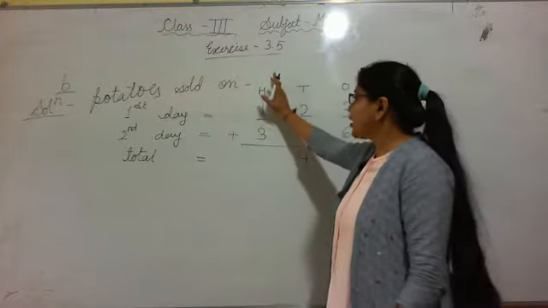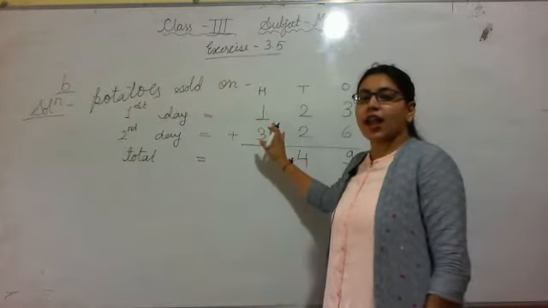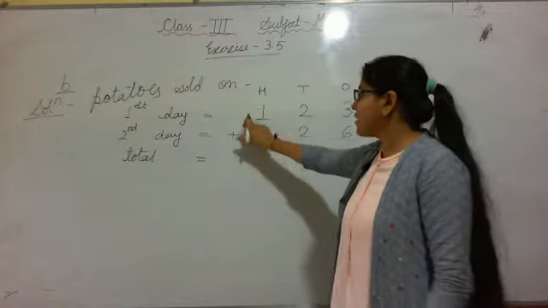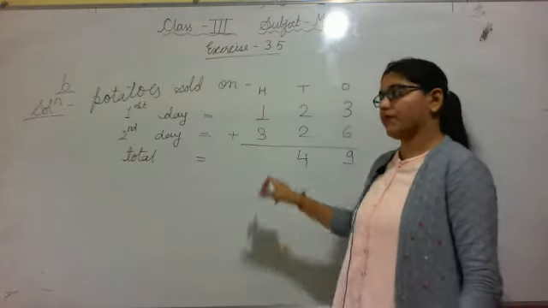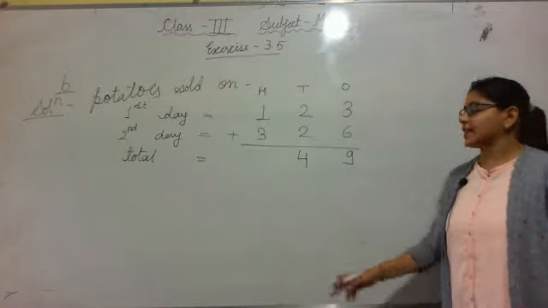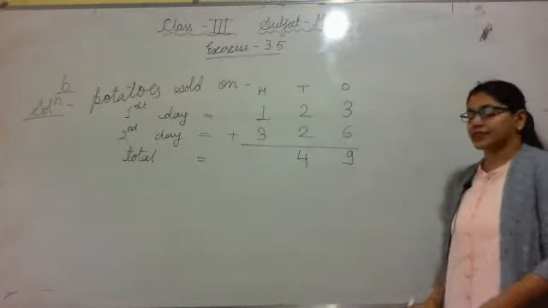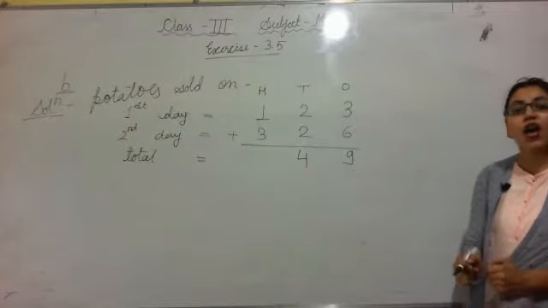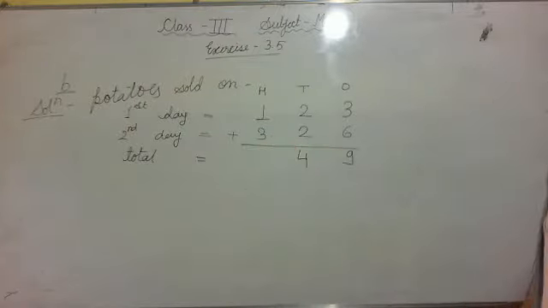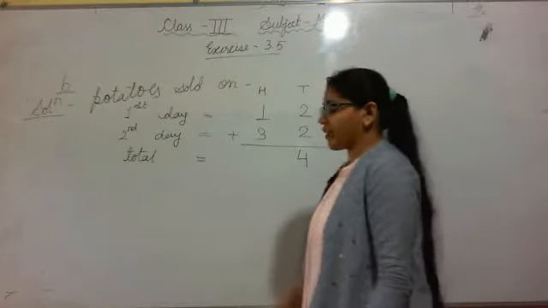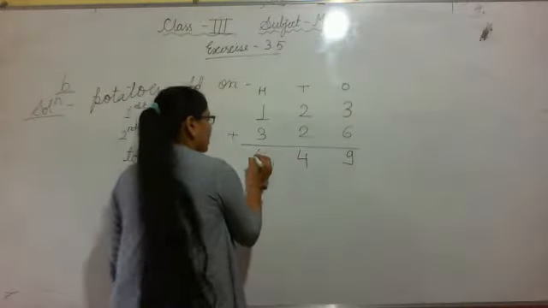Okay. Moving towards last column, that is hundreds column. 1 plus 3. So first of all open 1 finger. Yes. Now open 3 fingers. Now count all the fingers together. This 1 finger and these 3 fingers. How many total fingers now? Very good. 4 fingers. So we will write the number 4.